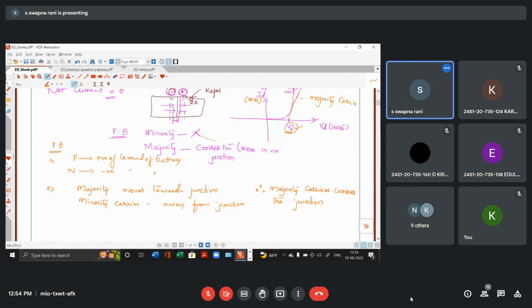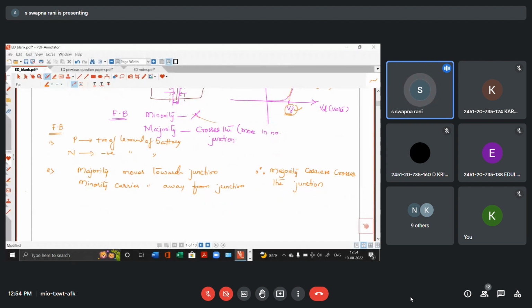Crosses the junction. Okay. Now the third point. So now the third point is, as battery potential increases, what happens to the depletion width? That is what we call the bias voltage. As the forward bias voltage increases,